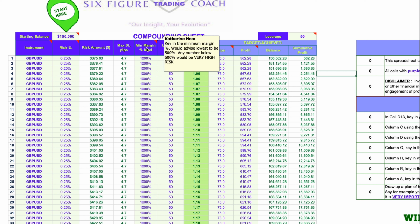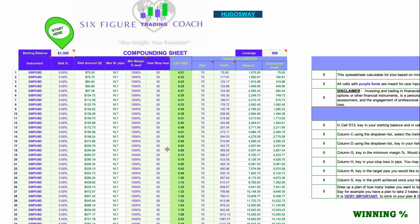Because you have so many rules and criteria you have to jump through, the max amount of room you're allowed to give your trade, if you're still trying to do 0.25% per trade, is still substantially less than what you would have on your own account. And that's due to leverage. That's due to how much leverage you're having access to by trading on their prop firm, by trading on their fund. You're having less leverage, so now you have less access to more room for your trade to breathe,